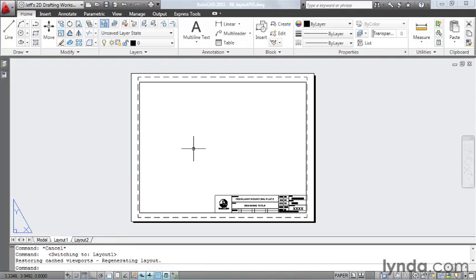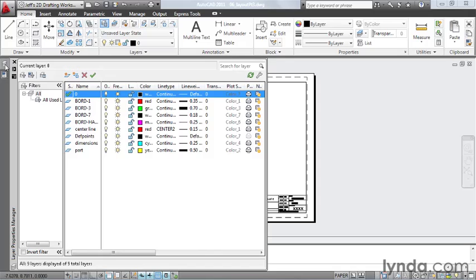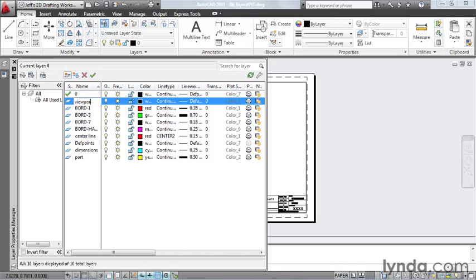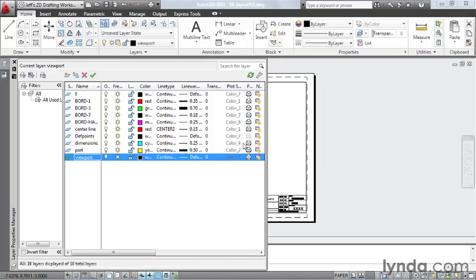Layouts sit on top of Model Space. So if I want to see my part, I need to cut a hole in this layout. This hole is called a viewport, and if I'm going to create a viewport, I need to put it on a layer of its own. So I'm going to open up the Layer Properties Manager, and I'll click the new icon. I'll call my layer Viewport, and then I'll click the green check to set this layer current,